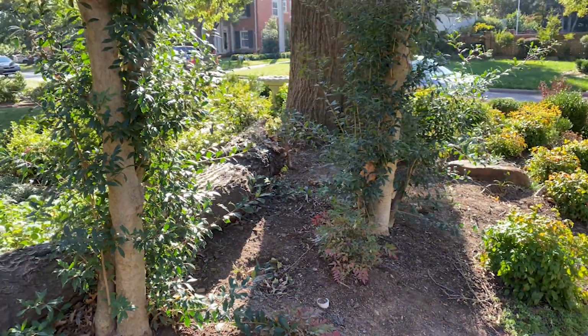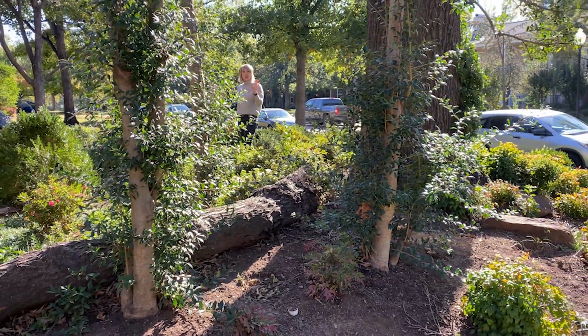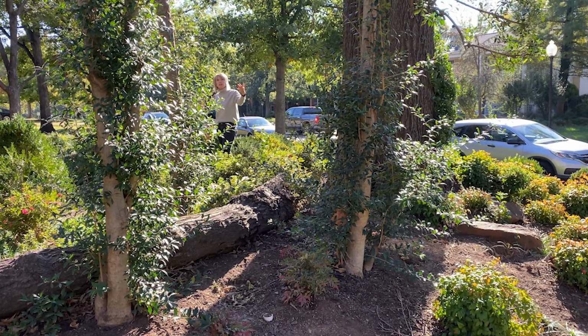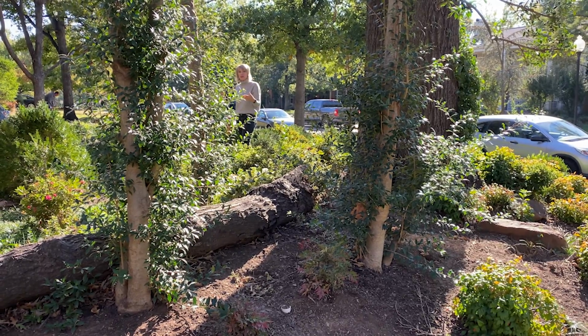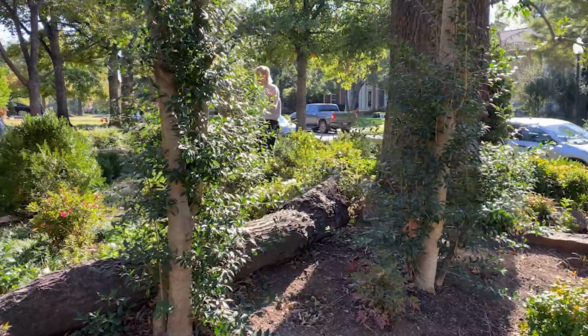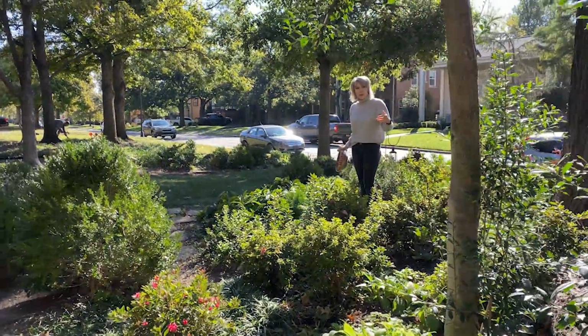But when we lost that magnolia, I got a lot more sun on that west side. So now there'll be a lot more sunlight. Forgive me for talking over the blower, but there'll be a lot more sunlight for these to fill out even more. And then Stuart, if you don't mind coming this way and a little bit further away from the noise,